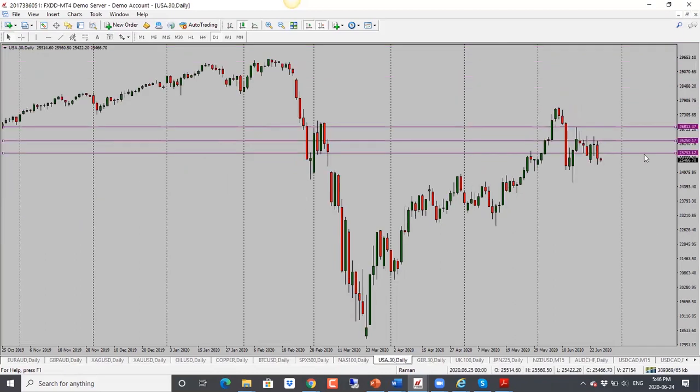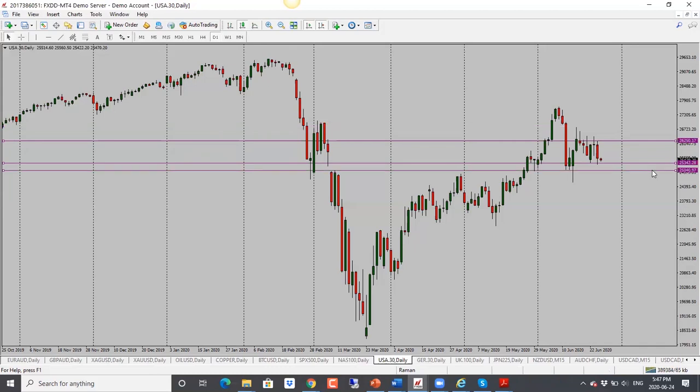Dow Jones as well, again, we have a bearish bias. We see that price has not closed below the support just yet. So for this one to continue lower, we do need to see a close below our support. So bearish bias for now. Next target is 25,000, and should it drop through that, we're looking at 24,800. So bearish bias. Just be cautious of the support at 25,350. If it doesn't drop, then I'm looking for a range bound move again.